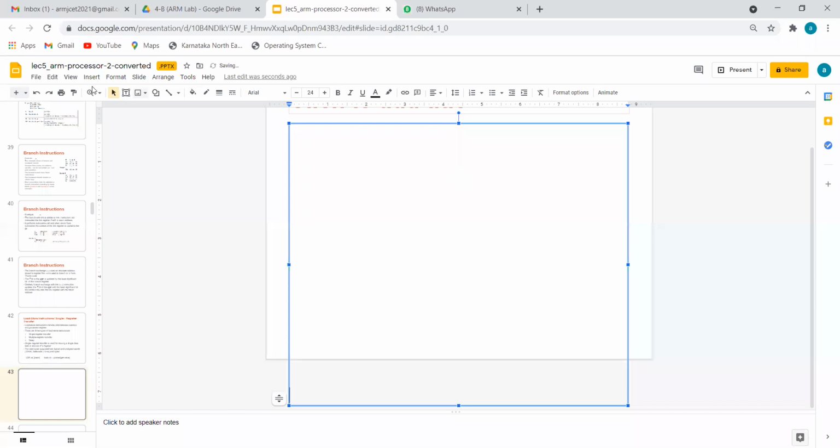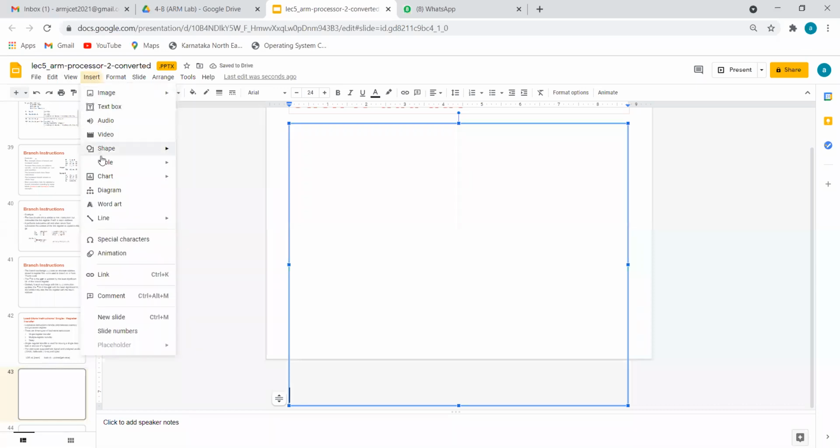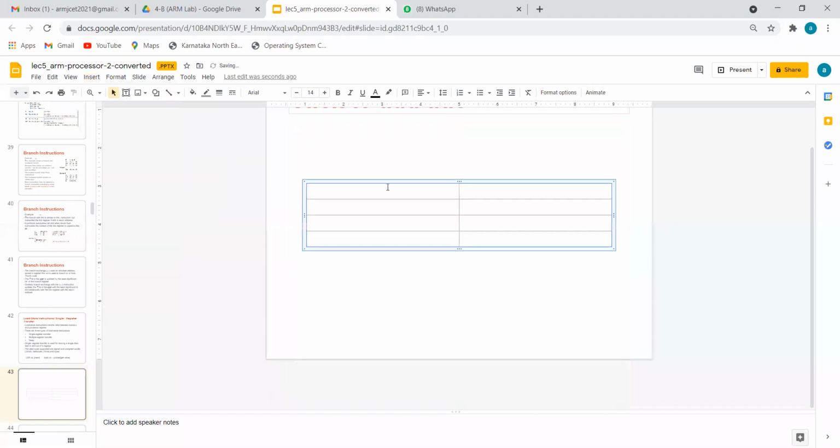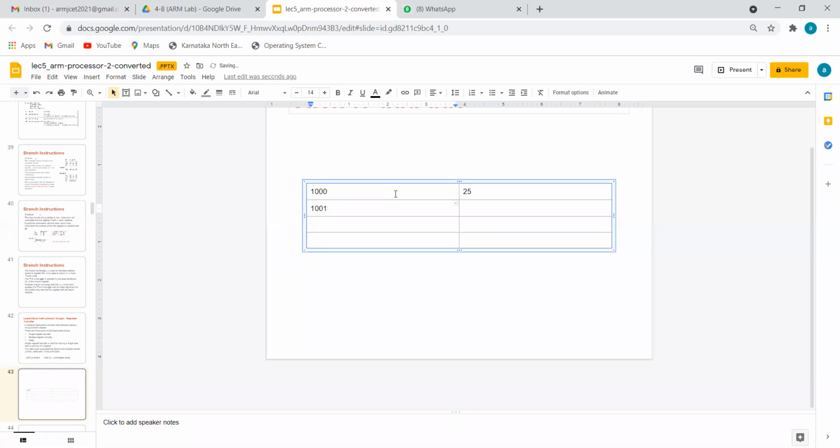Let me say this is location number 1000, and in that number 25 is stored. Location number 1001, in that value 26 is stored. Location number 1002, in that value 27 is stored.